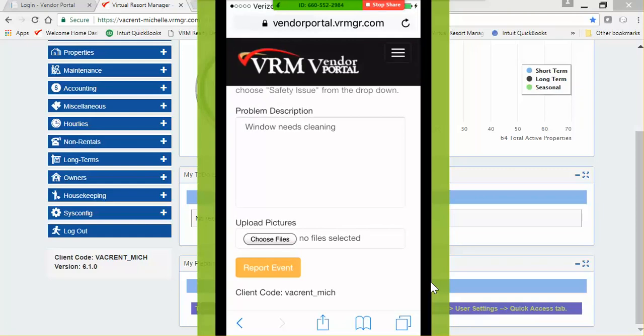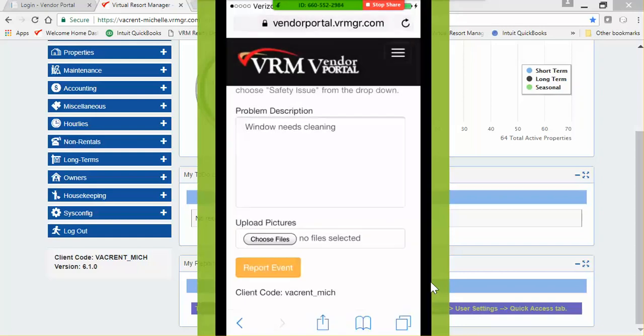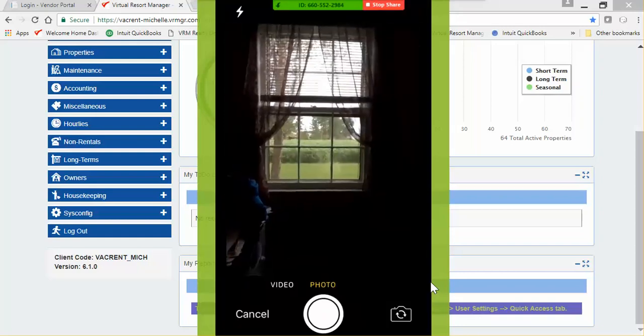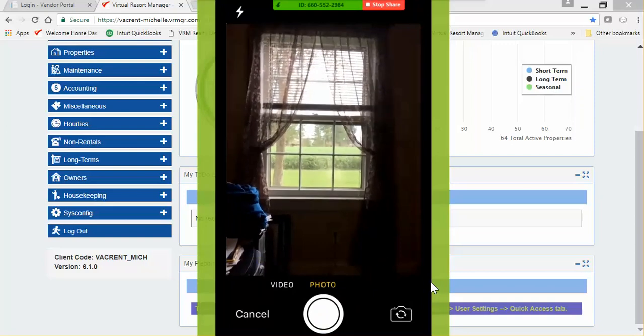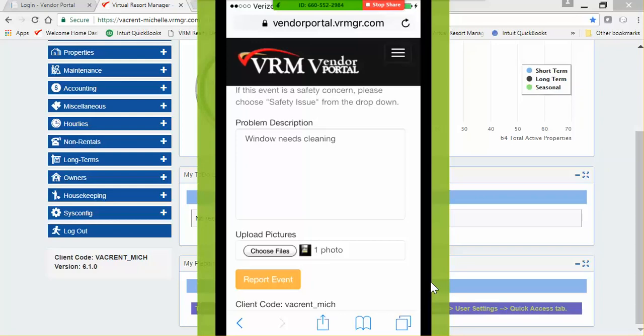One of the neat things about this is when you click on Choose Files, you actually have the ability to take a picture in real time to add to this task. So if you select Take Photo or Video, their camera will automatically be activated on their phone. They can take a picture, click Use Photo, and that photo will automatically be added to this task note. Once the information has been added, click on Report Event,